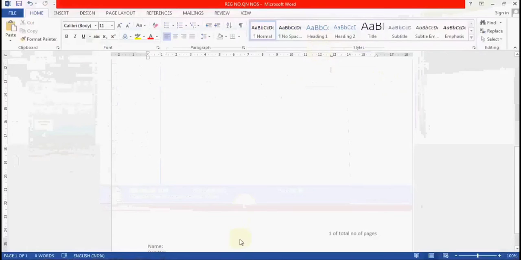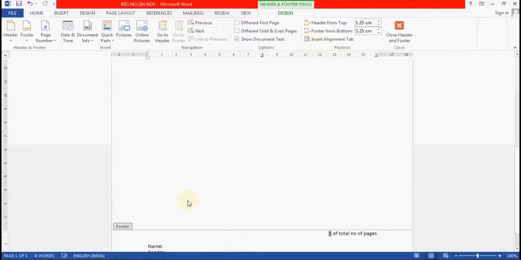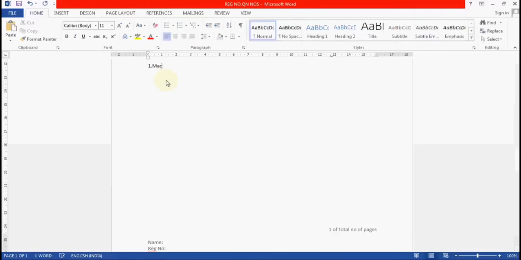Open the Word document. Keep the required footer format of 1 inch and then enter your name and registration number in the footer, and also enter the page number in the format 1 of total number of pages. If the answer sheet in the Word document contains 5 pages, then the format has to be 1 of 5, 2 of 5, 3 of 5 in each respective page, and then save it. And now start answering your question by giving the question number. Save your document then and there.